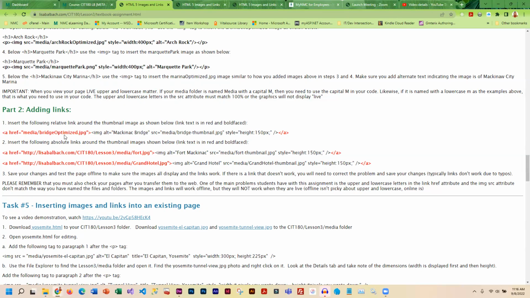Okay, and for Bridge Optimized, that is one that you worked with and saved. So as long as you saved it this way, all lowercase with an uppercase O, and you put it in the media folder, this will work. But if you named it something different and you put it in a different location, or your media folder is named differently, this is not going to work. Okay? And so for these absolute links,